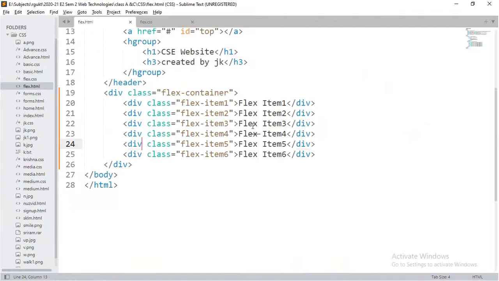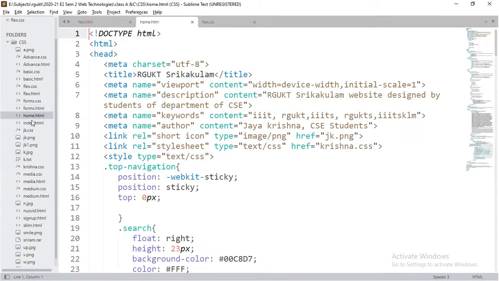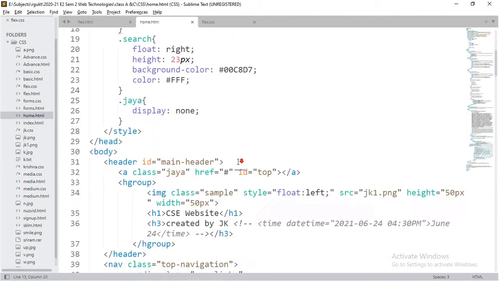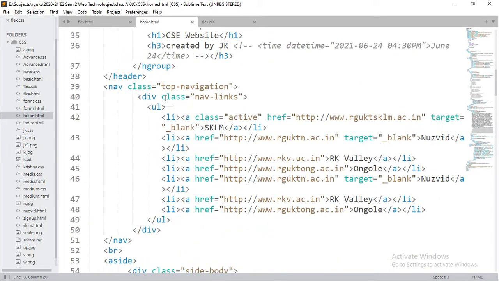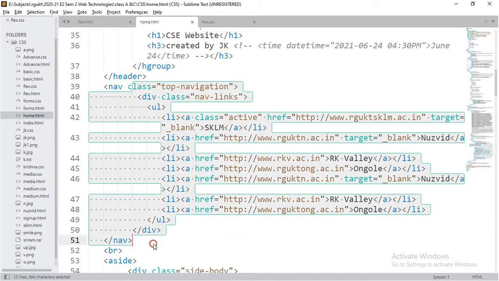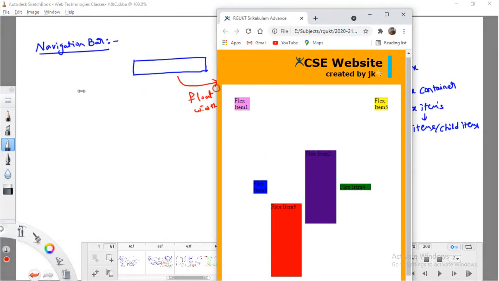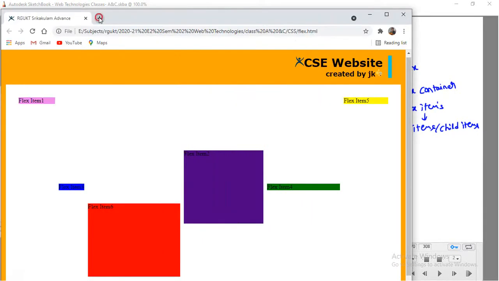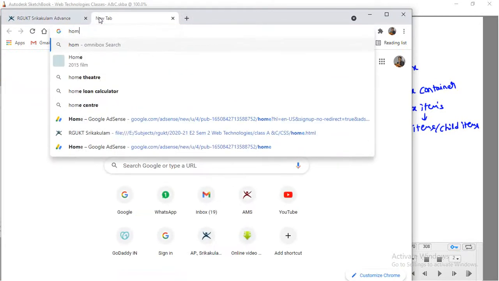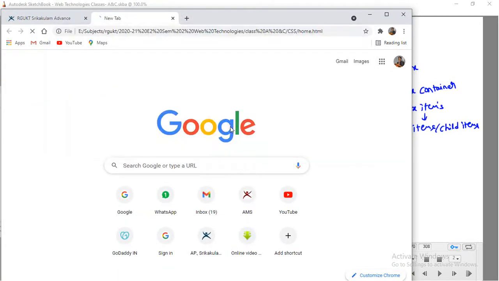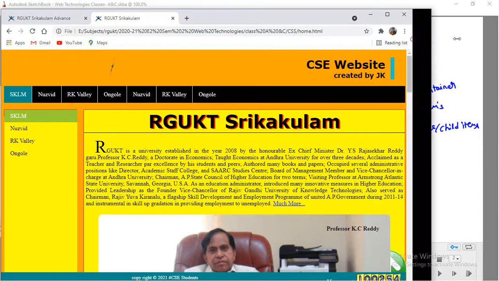If you observe, I will open that code, flexbox home.html. So this is the top navigation. Observe here clearly.